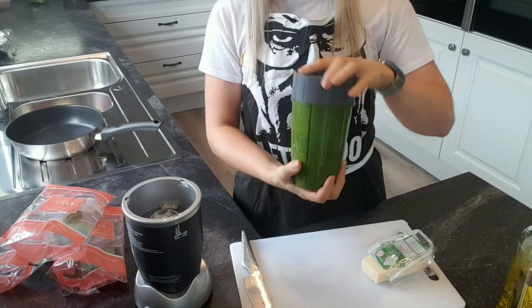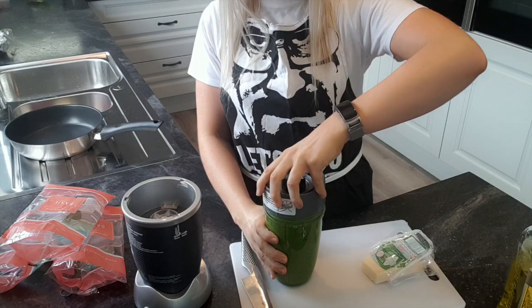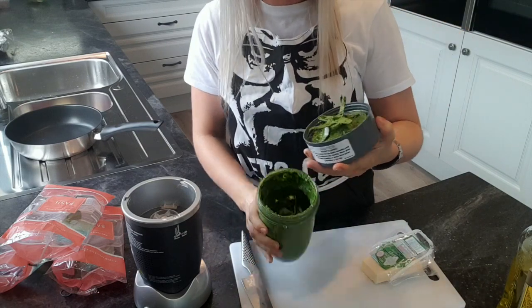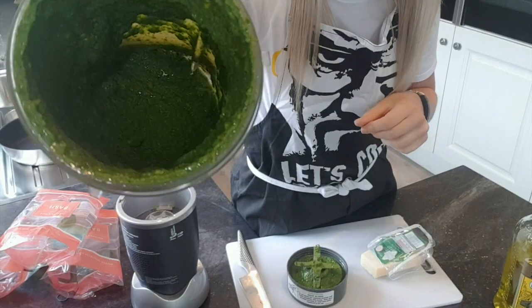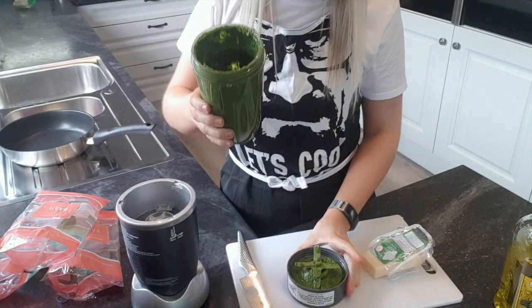I think that's lovely now. Just going to add a bit more oil if I need to. So you can see in there, it's all nicely blended up. I'm just going to add a little bit more oil, blend it again, and then that's ready for me to put with my